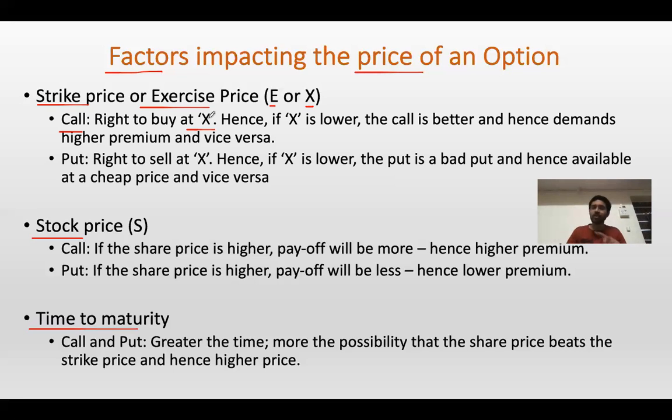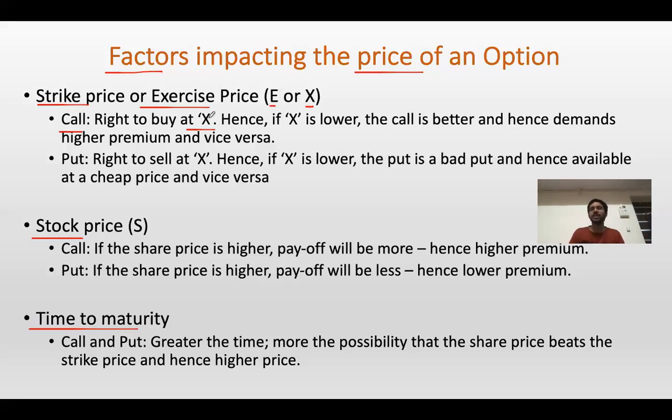So now coming back to the point that we initially discussed, if there are two products and one product has a better feature than the other, the product which has a better feature, in our case the vehicle with 8 seats, will have a higher price. Coming to the example in options, the first call option, which has a strike price of 1,000, is better than the second call option, which has a strike price of 1,100. So the first call option is actually better. So if the first call option is better, then it should have a higher premium,